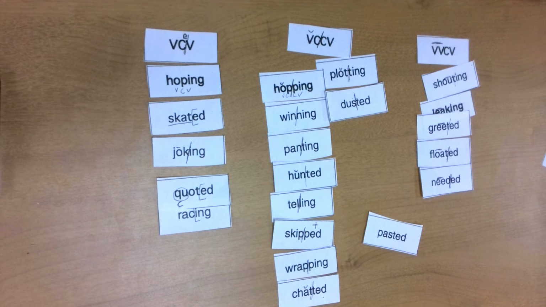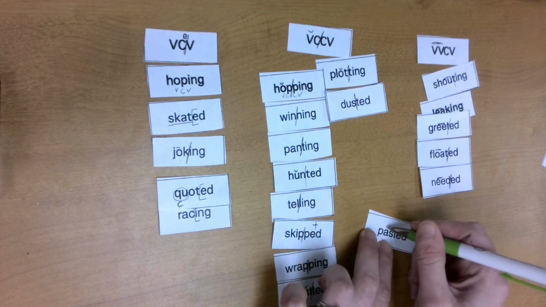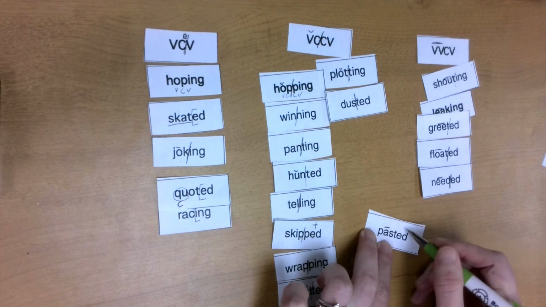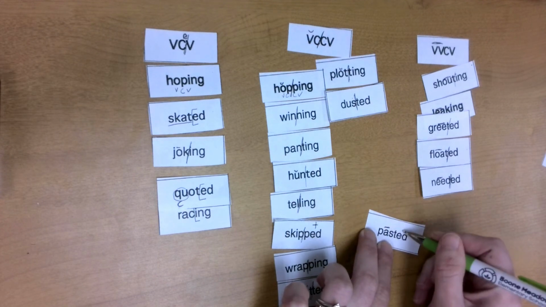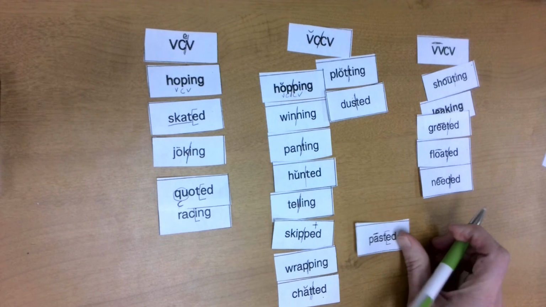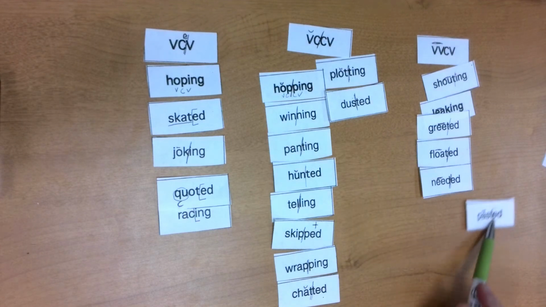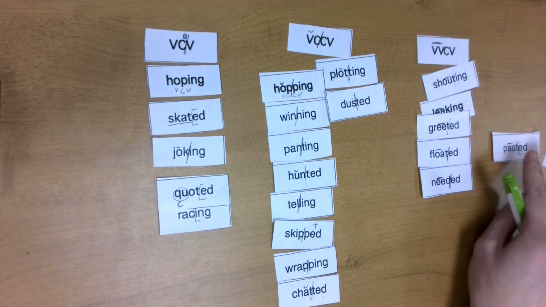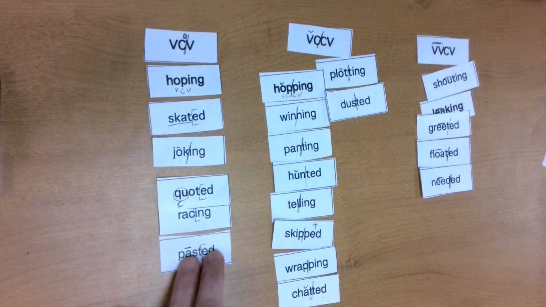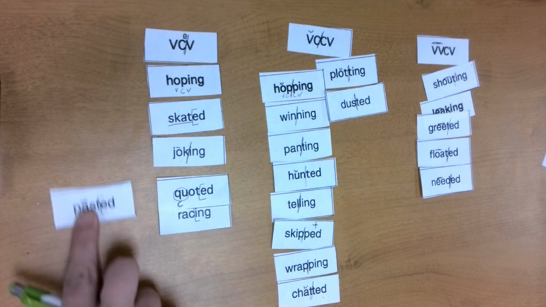Pasted. Go ahead and tap that out with me. Pasted. I want to hear a long vowel sound right there. That's tricky, because this one here, pasted, looks like vowel consonant, consonant, right? But it doesn't follow that same short vowel pattern. So this is a bit of an oddball. It doesn't happen very often, but I could also think about it over here, but I'm going to stick it